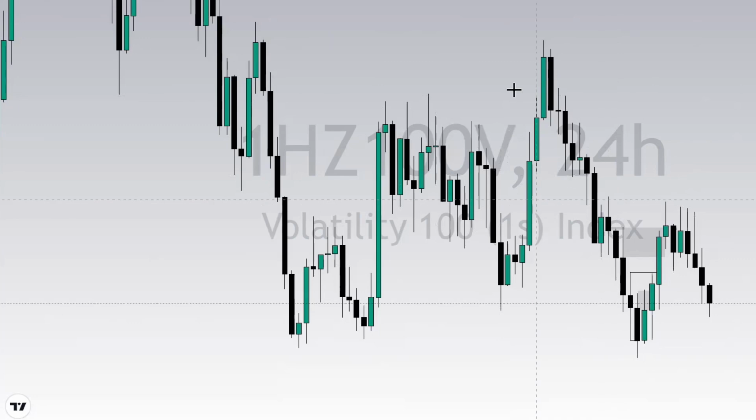That is how you do your time frame correlation. Whatever you do on lower time frame has to be in alignment with what is happening on your higher time frame. It is as simple as that.